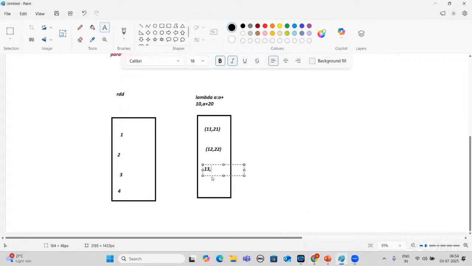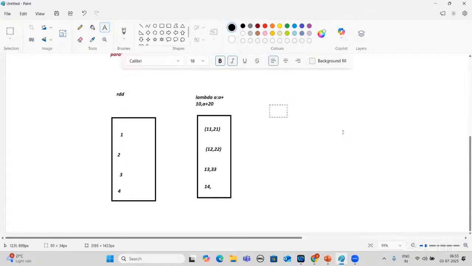So this is what we need to understand. It is like sets, but here it is a flat answer. With map we will get 11, 21, 12, 22, 13, 23, 14, 24 in sets.